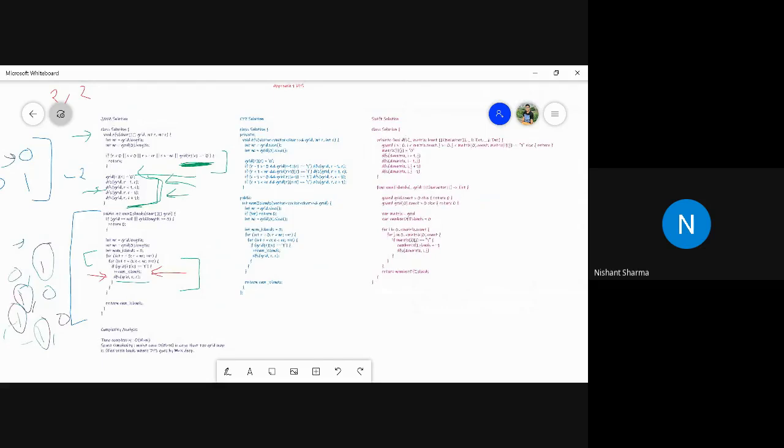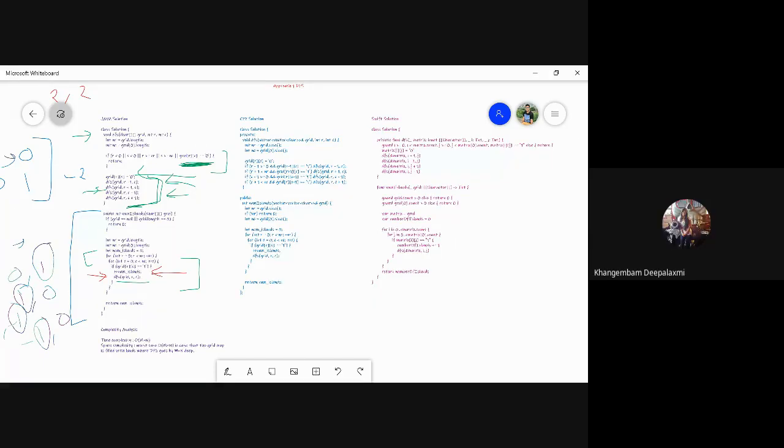Any doubt in DFS solution? No, Nishant. But one thing I just want to add on is the statement where it is written grid R and C equal to 0, it means we don't need any extra visited matrix to store the visited, because we are modifying the input.